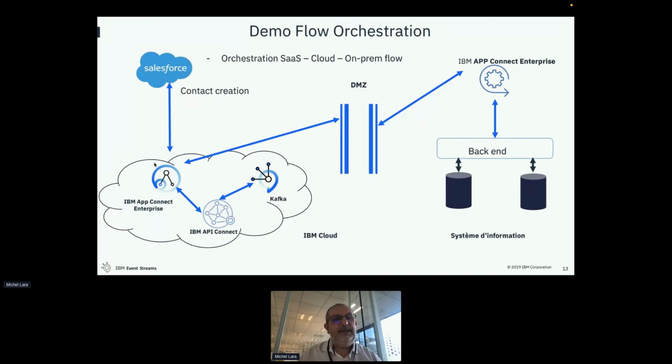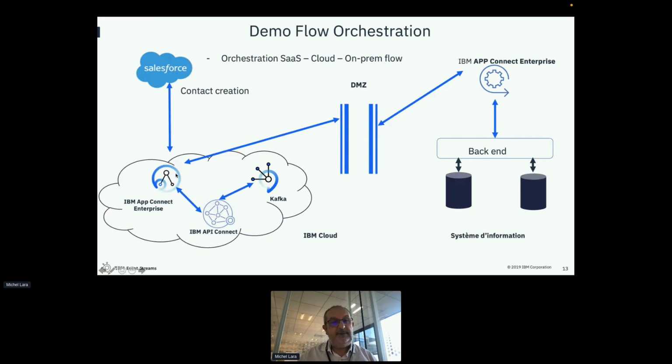In the name equal to demo, then the orchestrator you see here on SaaS, on IBM Cloud as a service, will call Kafka through an API management to post the first name and last name on the contact. So if all is working fine, we will see on the Kafka topic the first name and last name on the contact I will create on Salesforce.